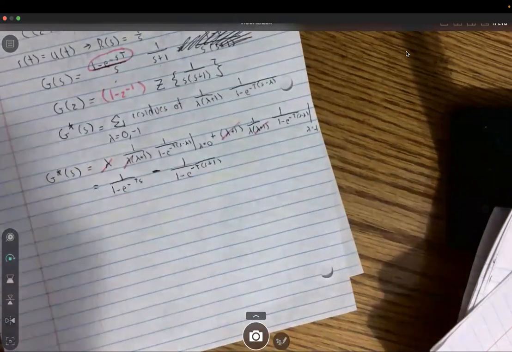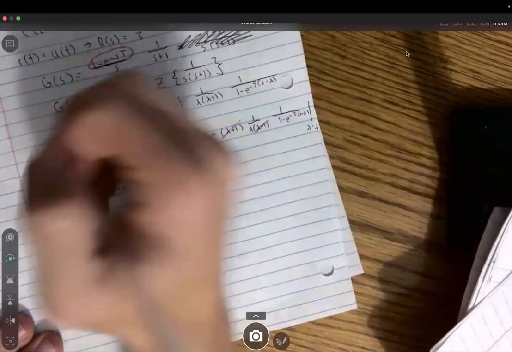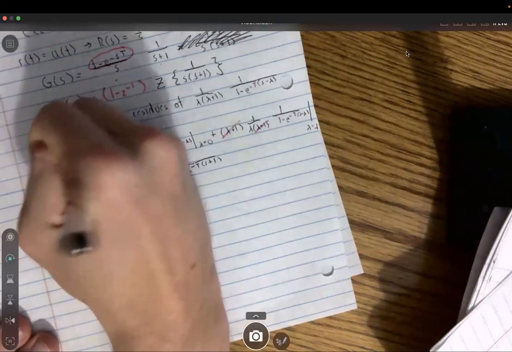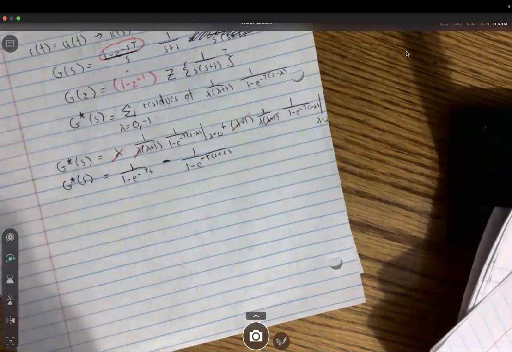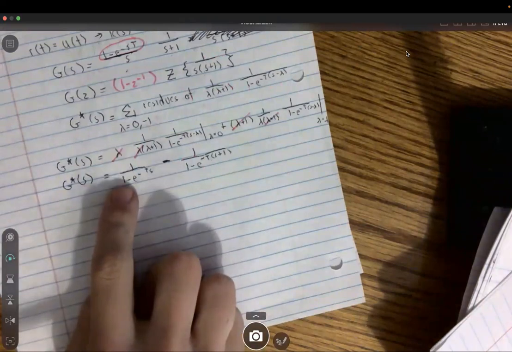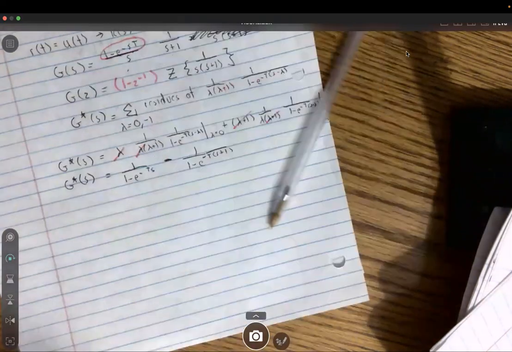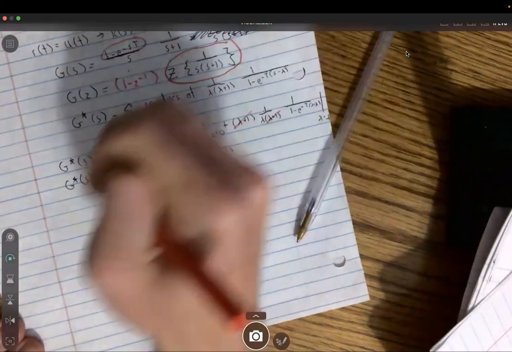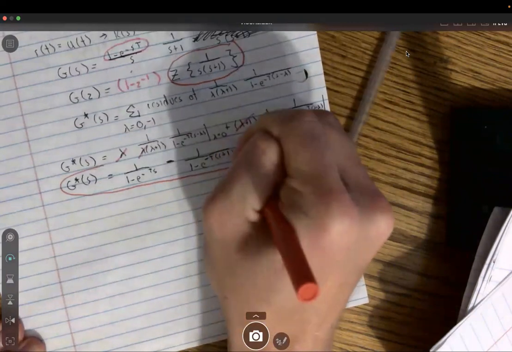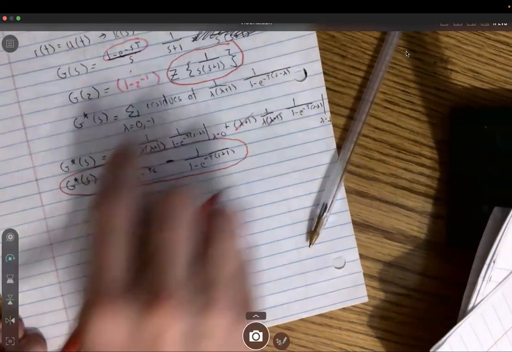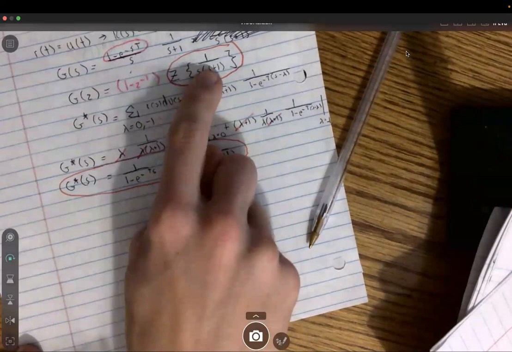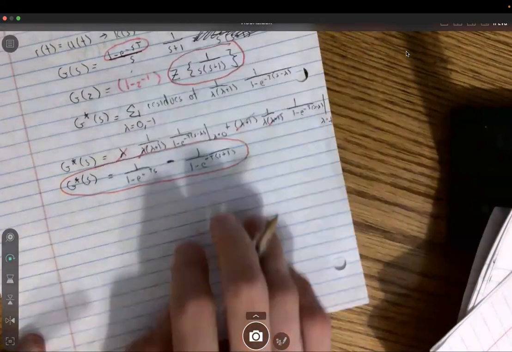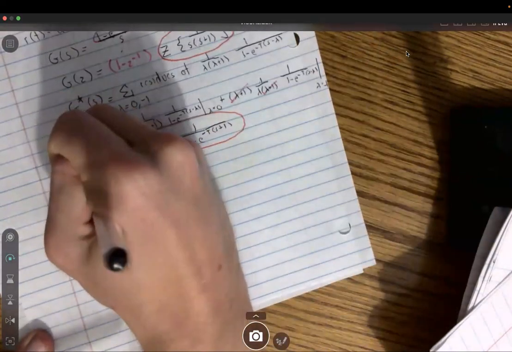Now that we have it in that format for G star of S, what we're going to have to do now is, remember, we were finding only this part right here. That's what we got here. We just found the G star of S. So this was our G star of S. Taking the Z transform of this, what we're going to get is